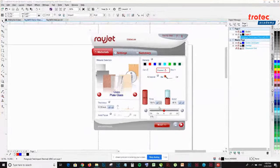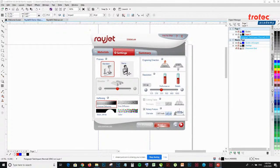Moving on to power and speed, you can toggle the buttons to change the settings, or you can input the power and input the speed. Right now I have it at 100 power and 40% speed, which is good for engraving on glass. Once I have my settings determined, I click next, and then we're going to move on to the process